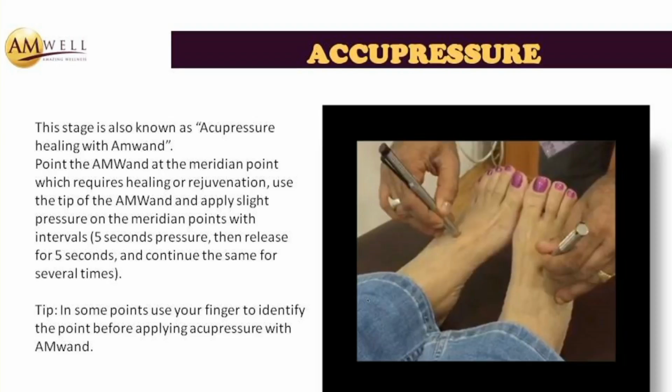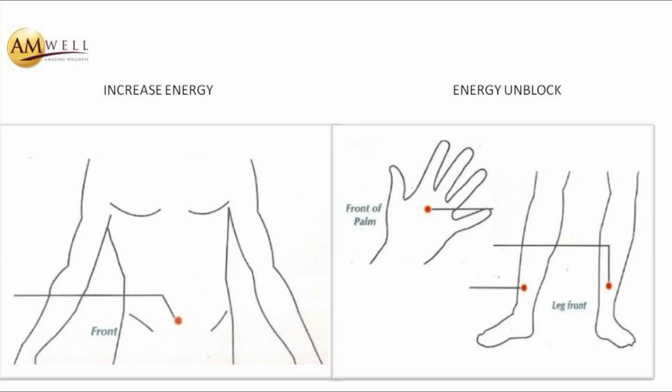The first one is to increase energy. This is just 1 inch above your navel, again at the sacral point. Now, if you were to point that wand and apply pressure for 5 seconds, release, 5 seconds, release, this is one way for you to increase energy. So if you feel that you are not having enough energy, you're feeling lethargic, tired, you don't have enough drive and so on, start using the wand, start wanding that particular area.